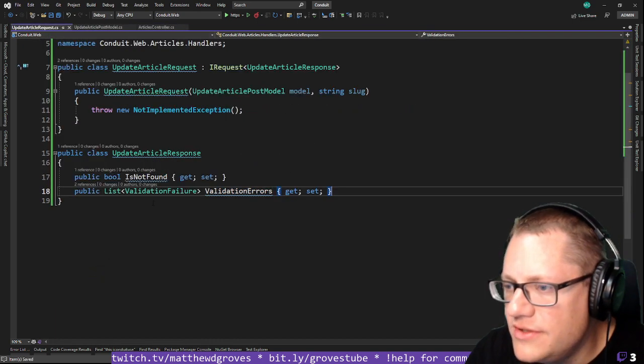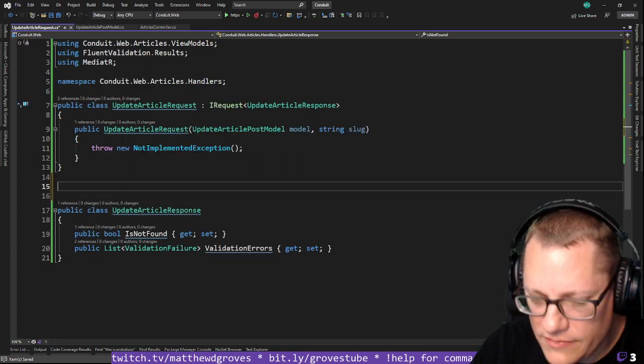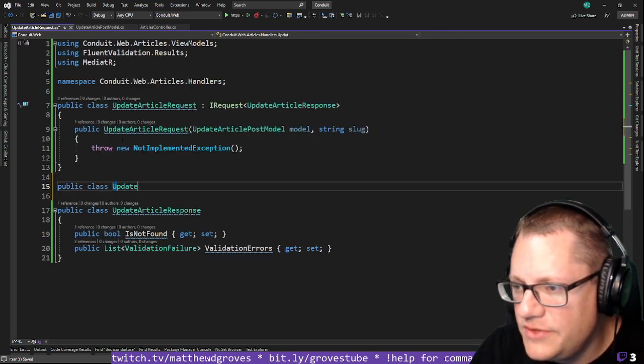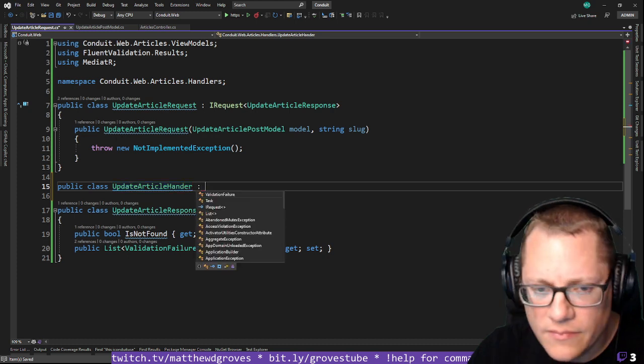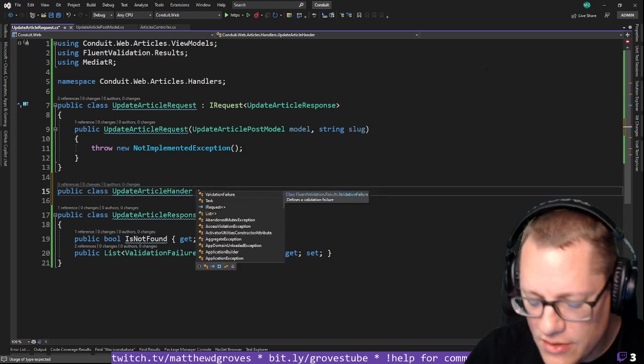So I need, of course, now a handler, class update article handler, which is I